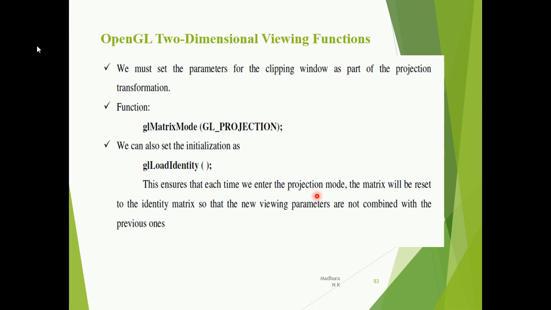So whenever you enter a new projection mode, you reset the previous projection matrix with the identity matrix, so that your previous values will not be combined with the new projection matrix values. That is why we have the glLoadIdentity function, just to reset the matrix so that your new viewing parameters will not be combined with the previous one.